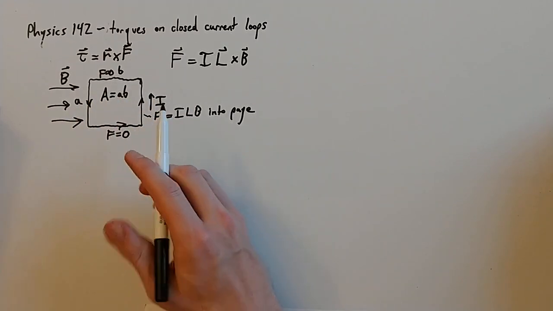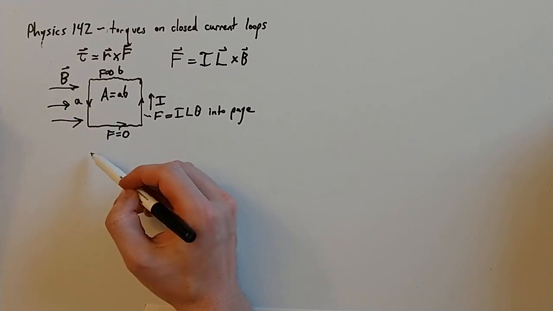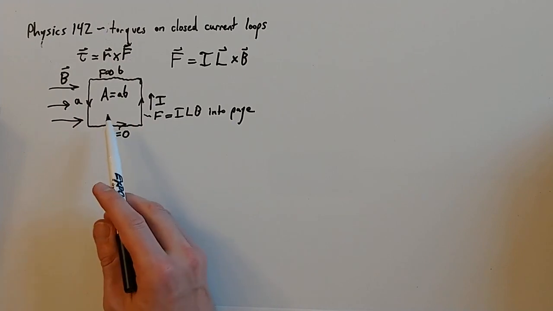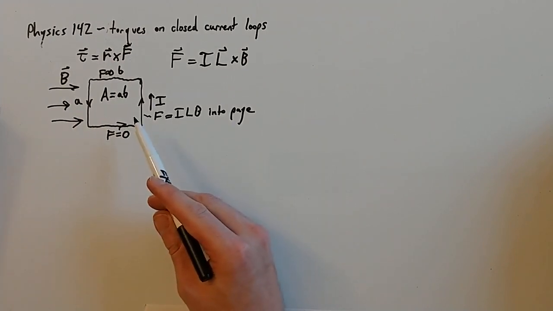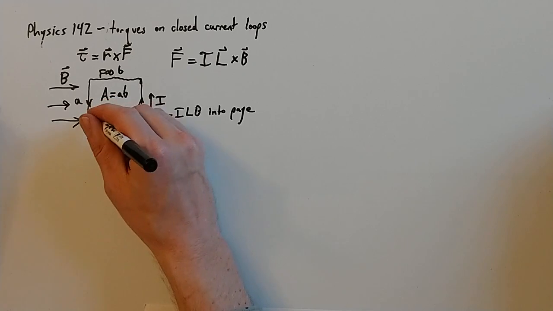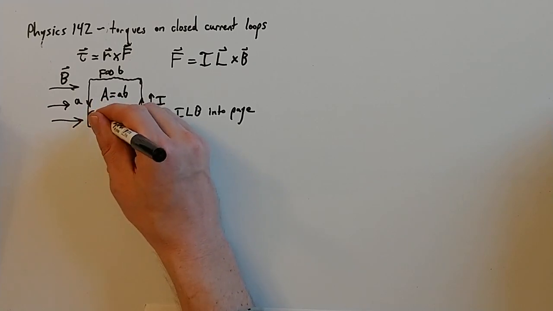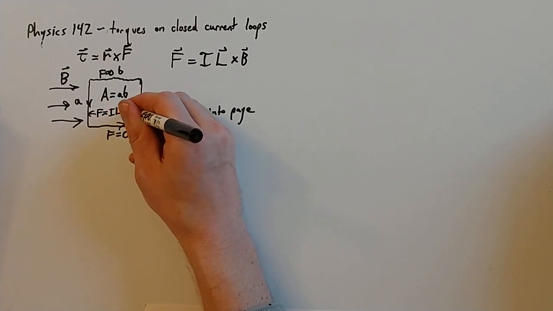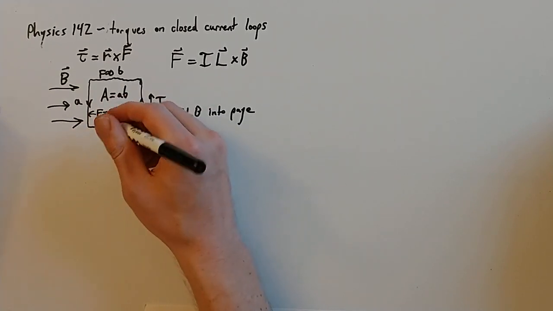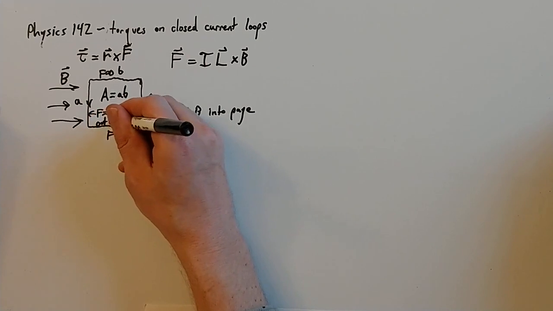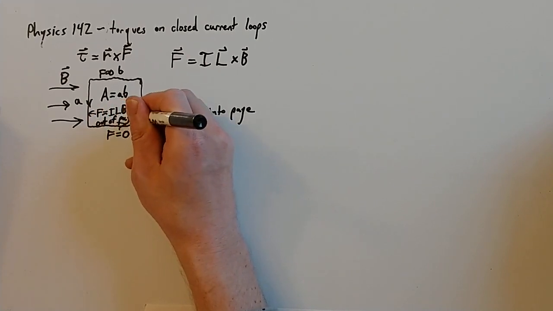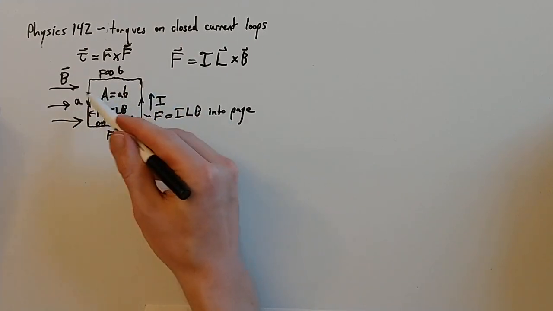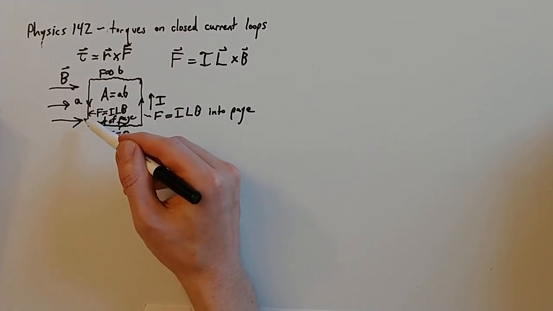And so this is going to be a little bit hard to show, but you put your pointer finger down, you curl your other fingers to the right, and what you'll get is that your thumb will point up out of the page, all right? So the force over here on this side of the wire is going to be ILB again, but this time it's out of the page. Out of the page, all right? So we have force here that's into the page, force here that's out of the page,